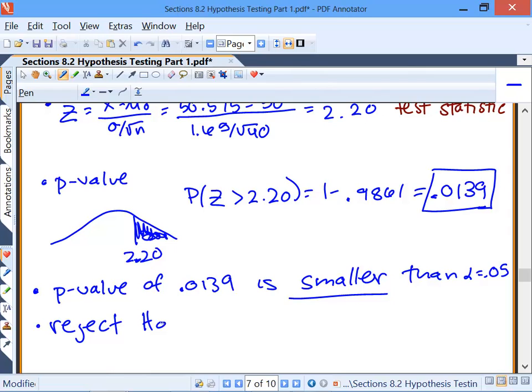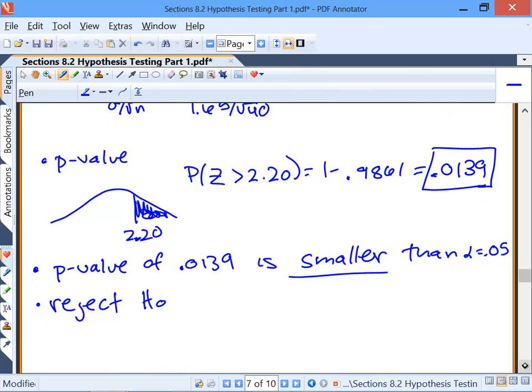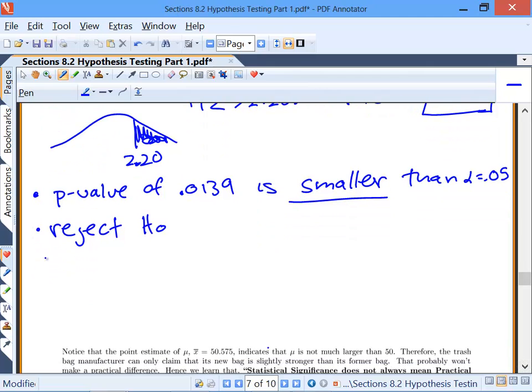Now at this point, you've done a very nice math problem. But what are you going to go tell your boss? If you just tell him I reject the null hypothesis, that's probably not going to mean very much if he hasn't taken statistics. So we need to write a little bit. Okay? So we could say something like, we found, and I haven't quite told you yet how much evidence, so I'm just going to say strong, and then I'll tell you why soon. So we found strong evidence,